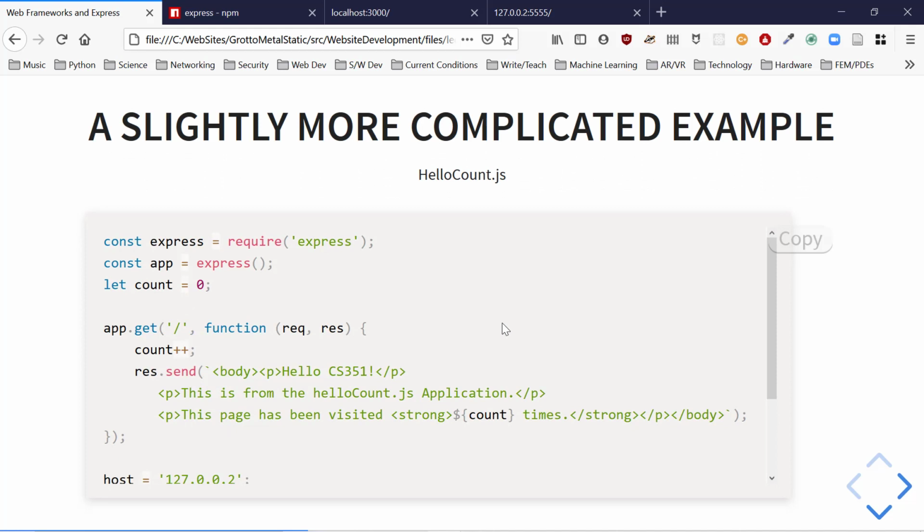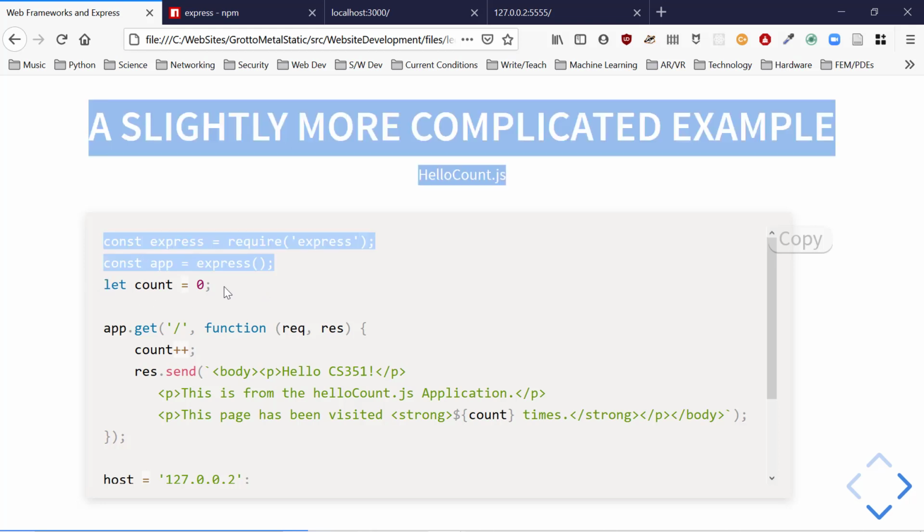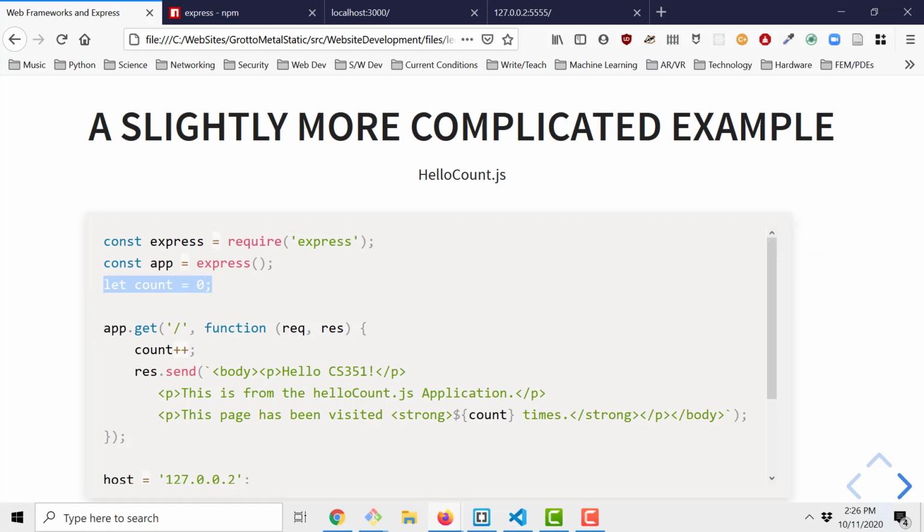Can we get a little bit more complicated? Yeah. Okay. And what do I mean by that? This is almost trivially extra complicated. Here I'm going to send a more complicated string, right? It's starting to look a little bit more like a web page. The other thing is, this is just JavaScript. This is Node JavaScript, right? I can define all sorts of variables I want in it. Okay, so let's go take a look directly at the code,